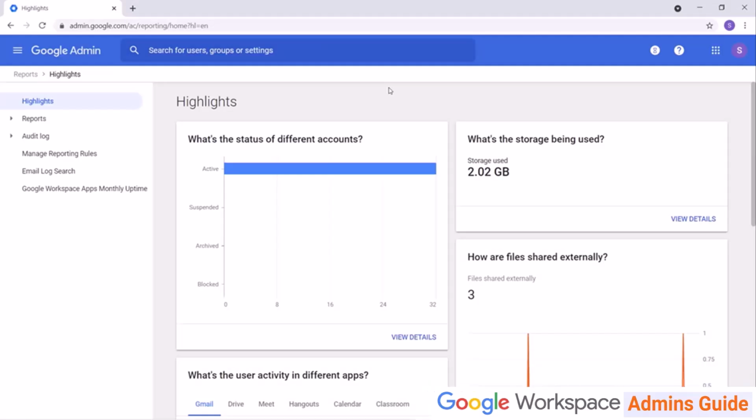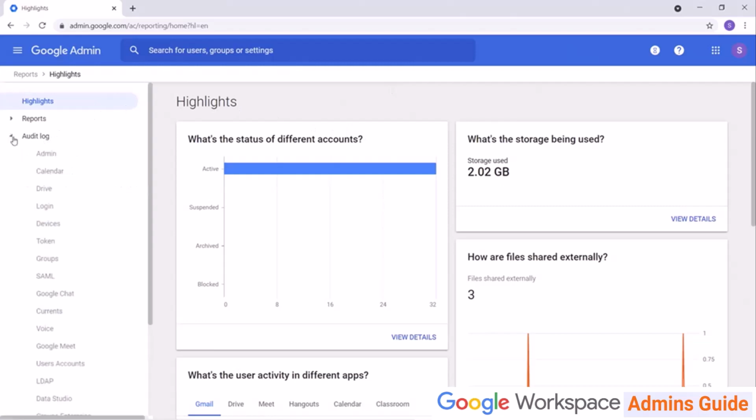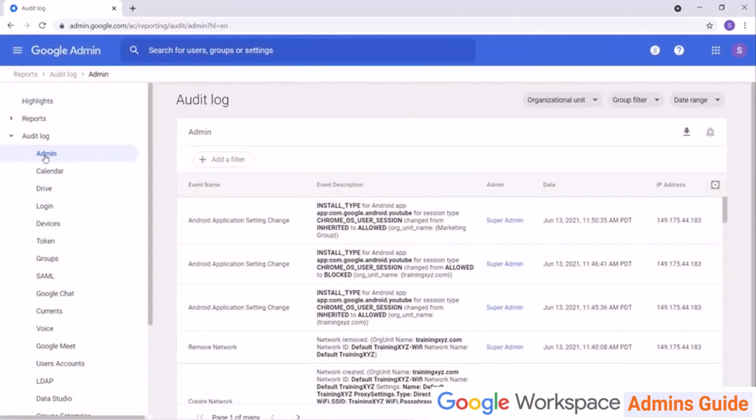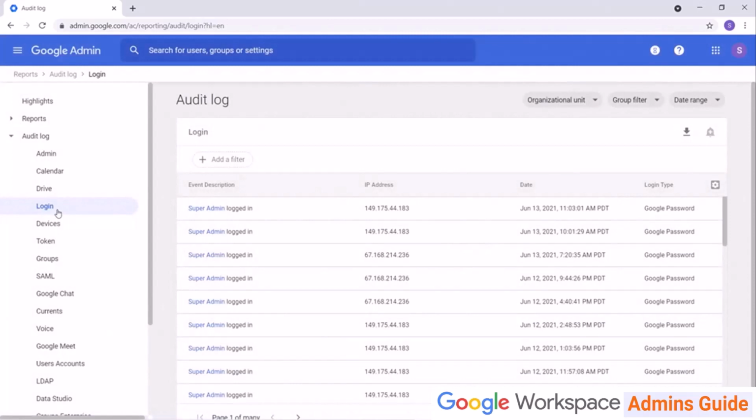Found in the Reports area of the Admin Console sidebar, audits provide a log of activity within your domain. The Admin Audit Log, for example, displays all administrative tasks performed, as well as which administrator performed the task, what time, and the IP address from which the Admin Console was accessed. Login audits include all login and logout activity, as well as the time and IP address. Additional audits